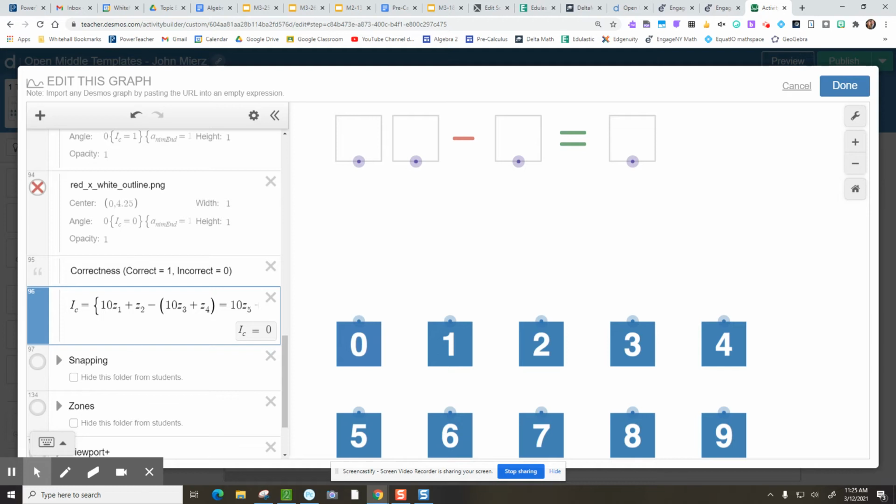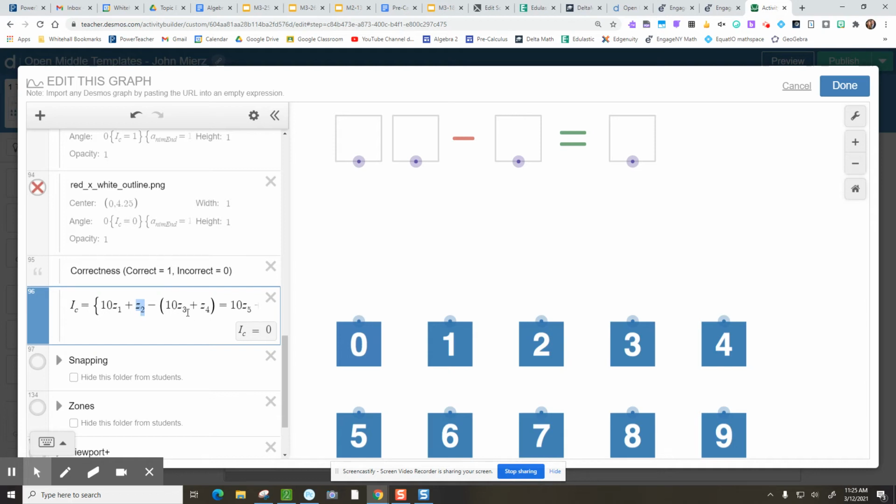Well, to think about two-digit subtraction, two-digit numbers minus one-digit numbers, we have to think about what that means mathematically. When I have a two-digit number, what that really means is I have 10 times the first digit. The first digit, mathematically here in this activity builder, is z sub 1. That means box sub 1. So we want 10 times box sub 1 plus box sub 2, and then we're going to subtract something from